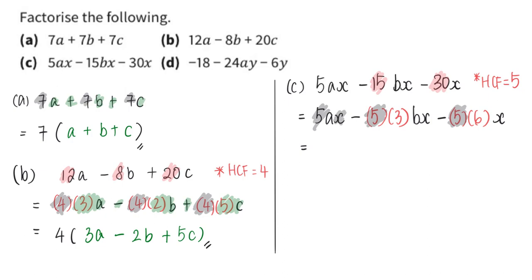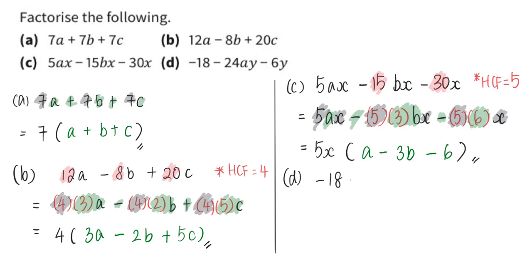I also saw that x is a common factor across all the 3 terms. So my 5x is taken out, and I'm left with a minus 3b minus 6. And we are done with part C. For part D,